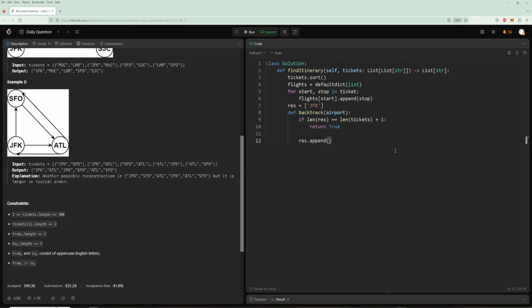So we need to have the loop first of all. I forgot about that. So we need to have a loop, so we can just say for i, v in enumerate. You can use better value names if you want to. And then this is going to be flights for the current airport we are at. I guess maybe instead of v, we can call it next airport. That would make sense. So next airport, res.append(next airport),